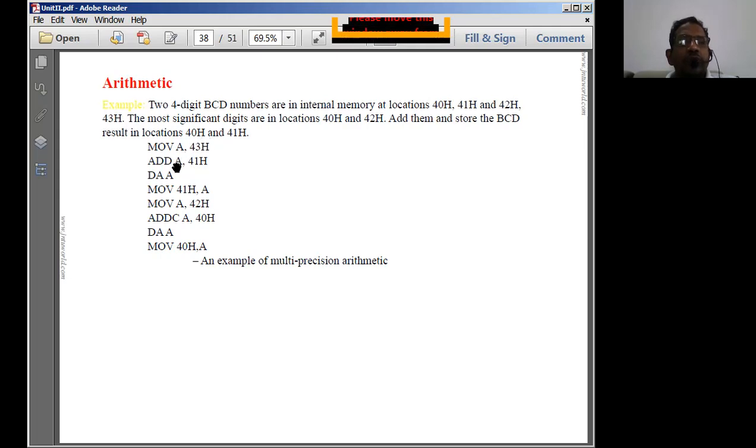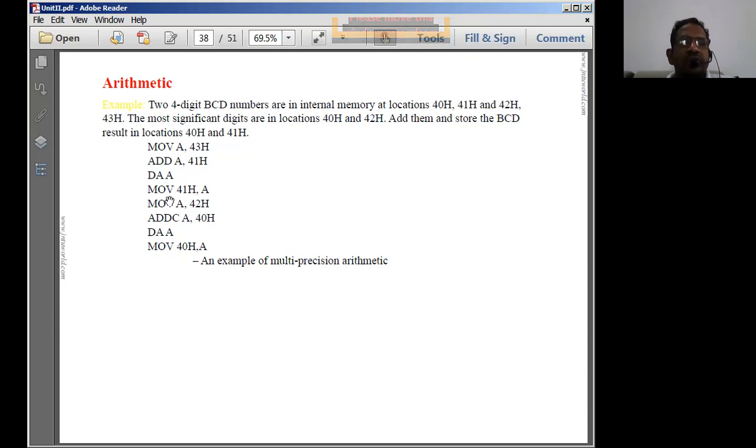First of all, the lower order digits have to be added, so we add those two using the ADD instruction. The result is stored in the accumulator. Because these are BCD numbers, we should protect the BCD value. That's why we use the instruction DA.